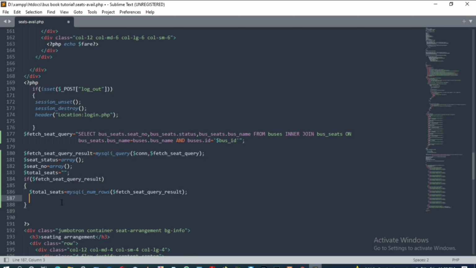This statement indicates that whatever value is coming in fetch seat query result, if it is true, then we pass that value inside the MySQLi num rows PHP method that counts the number of rows available in this variable, and returns to total seats an integer value equal to the number of rows available inside the table.